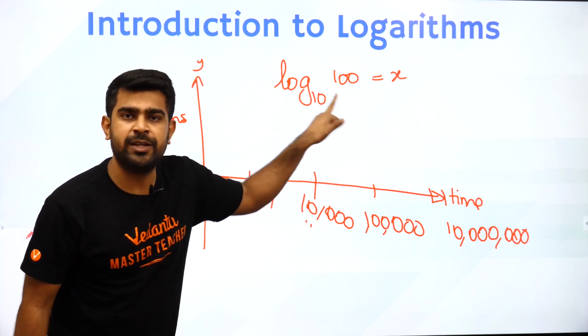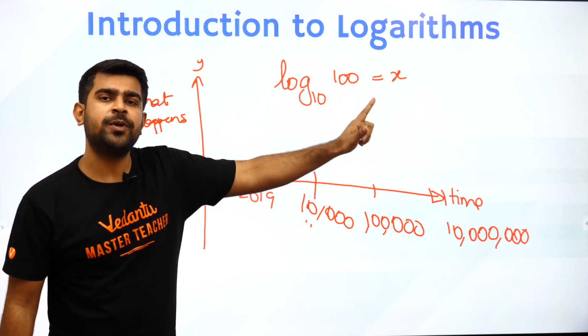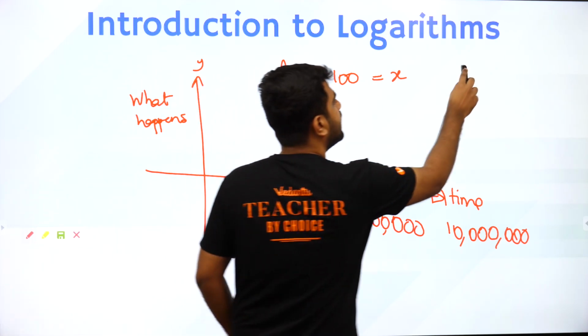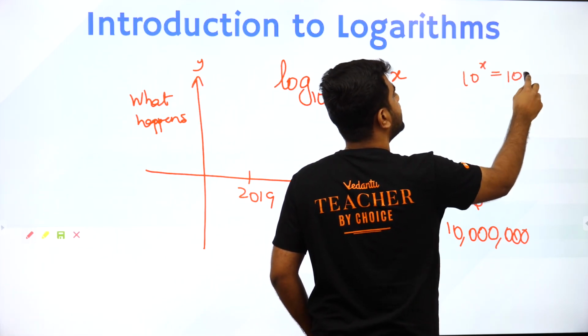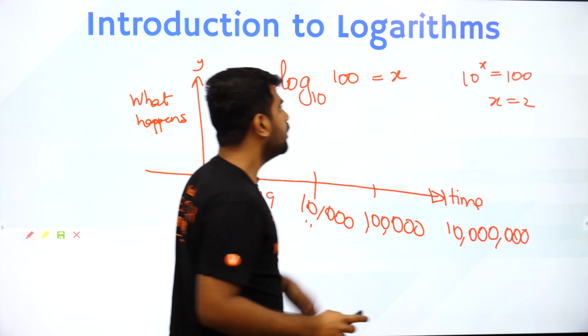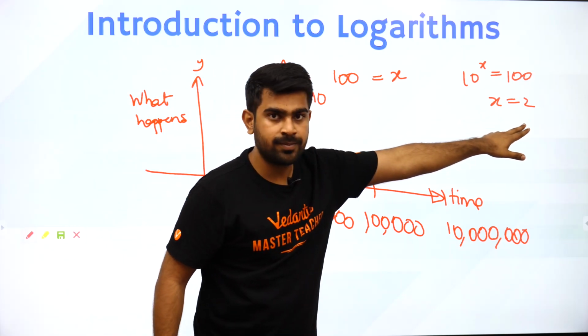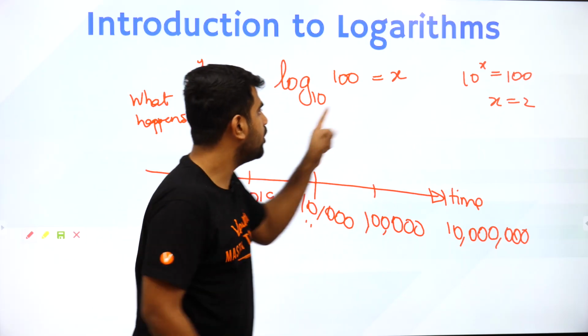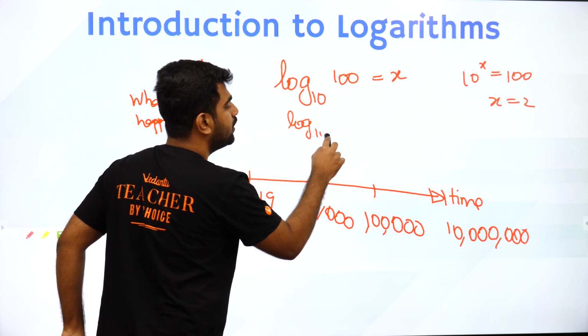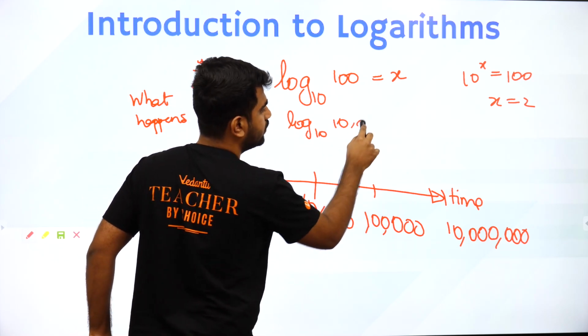Now this is logarithmic form. So how do I convert it to exponential form? Just now we learned that it is going to be 10 to the power x is equal to 100. So x is equal to 2. So such a huge value, 100, in logarithmic scale becomes just 2. So let's write what happens to log 10 of 1 million or 10 million, let's say